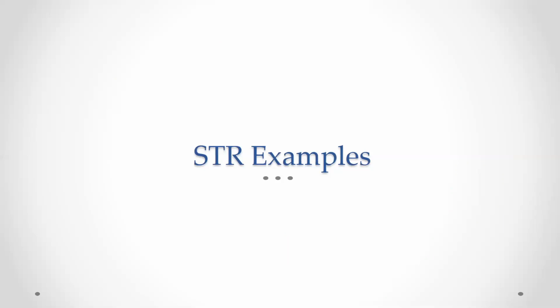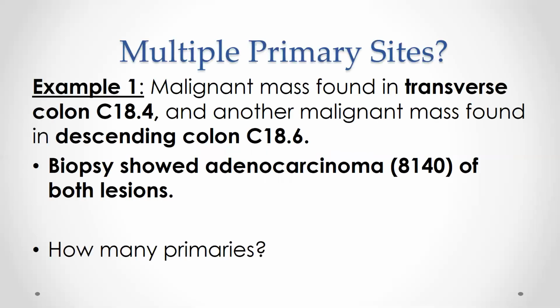The easiest way to understand these solid tumor rules is to just look at some examples. So we'll first start with some examples which relate to the multiple primary coding. Example 1 is a case where there are 2 masses found at the same time. One cancer is in the transverse colon, and another mass is found in the descending colon. So first we need to decide how many primaries we will abstract. And because of the new rules,